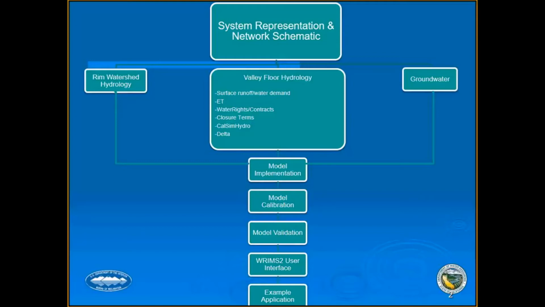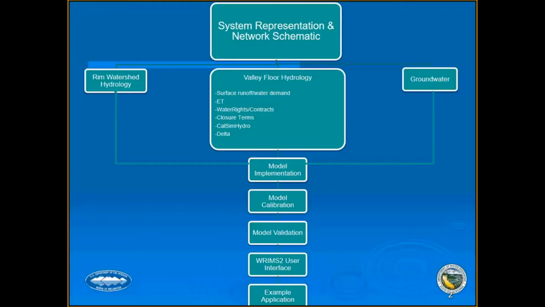We're going to start off at the top level with the system representation and the network schematic. So essentially trying to give an overview of the geographic expanse, both the total expanse and also the detail with which we now model the system. With that geographic expanse covered, then we're going to go into the inputs for the model, which are the rim watershed